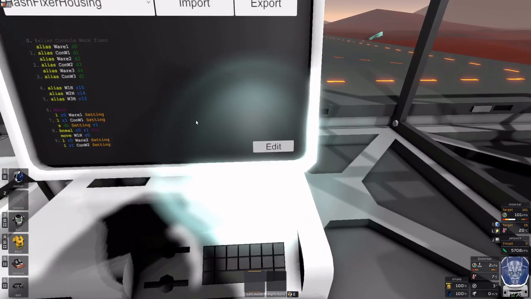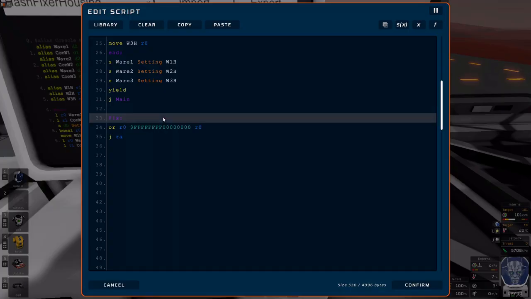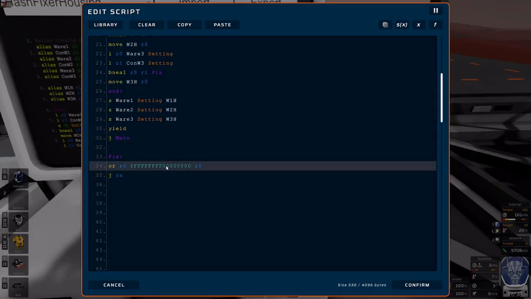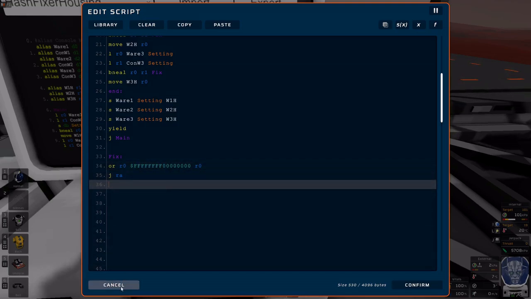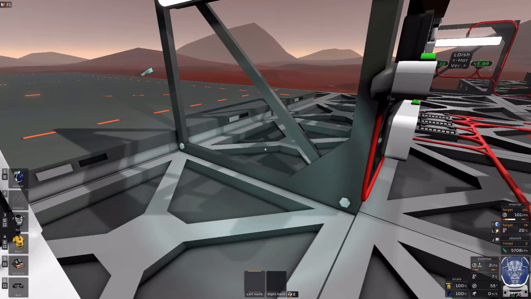And the way it does it is, for the fix, I just basically OR. So we already are given that first 8 hexadecimal digits, and so all I gotta do is do an OR to add the missing 8 hexadecimal, or basically 32 bits of 1. So I gotta get all of these ones in there, and that basically changes the number to a negative, and that fixes